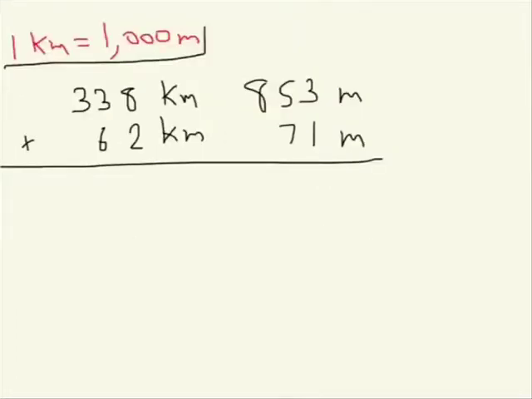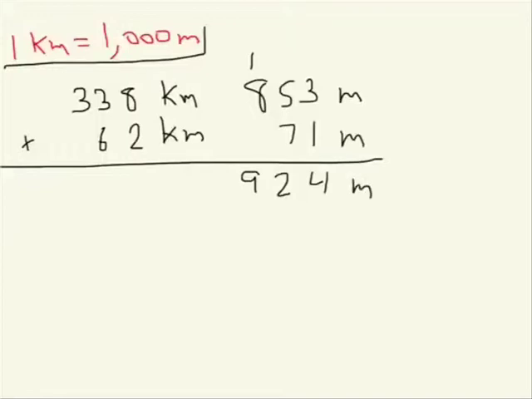Okay, here I've written in the top left corner 1 kilometer equals 1,000 meters. And I've rewritten my number sentence going top to bottom, so my kilometers are lined up and my meters are lined up. Okay, so now I'm going to add. I'll start from the right and add my meters. So starting from the right side, I have 3 plus 1 is 4, 5 tens and 7 tens. It's 12 tens, carry the 1 ten to the hundreds place, and 800 plus 100 is 900